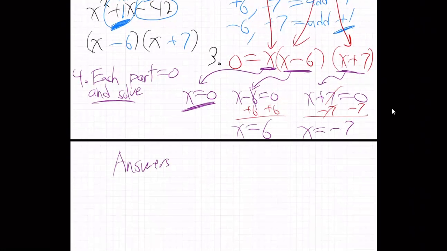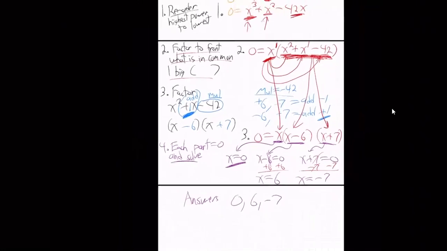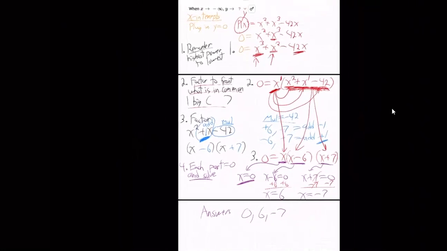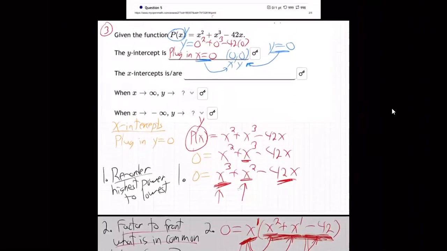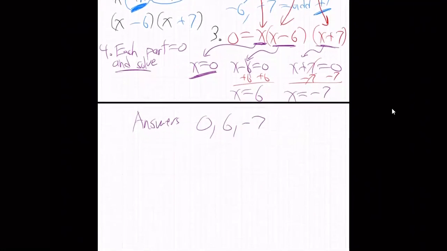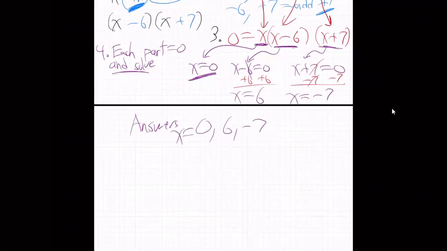The answers are 0, 6, and minus 7. Those are the 3 answers for x. Now, careful, they wanted x-intercepts. So those are the answers for x. Yes, I should say here, let me write that better. So the answers for the points,